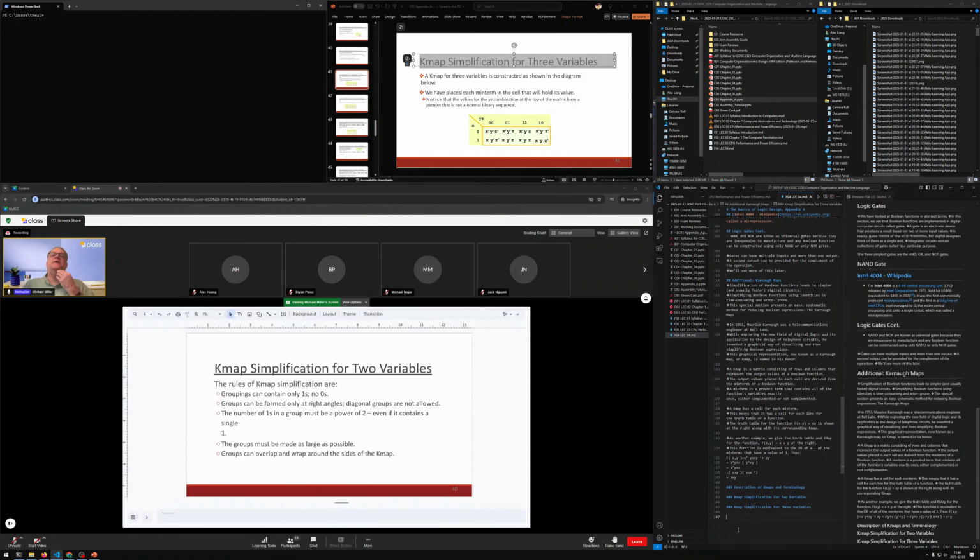For the grouping, we only include ones. We don't do diagonals. We look at powers of 2, though a single one or a single value is fine. I look at that as like 2 to the 0 power. And then the groupings must be made as large as possible, and we can overlap